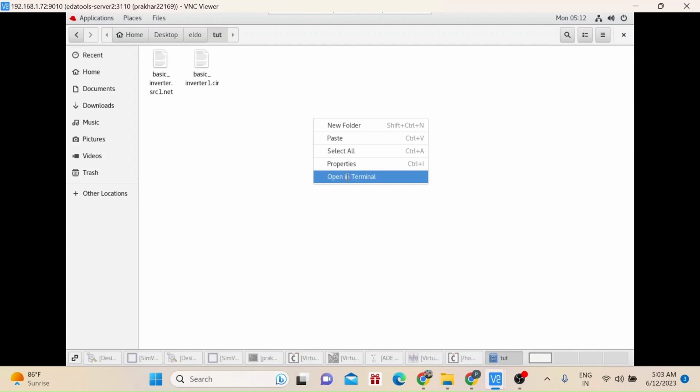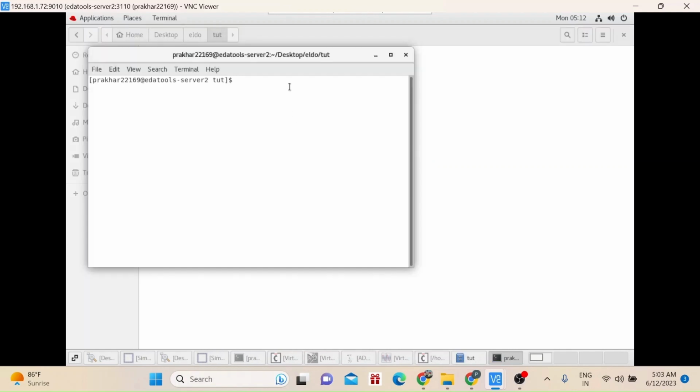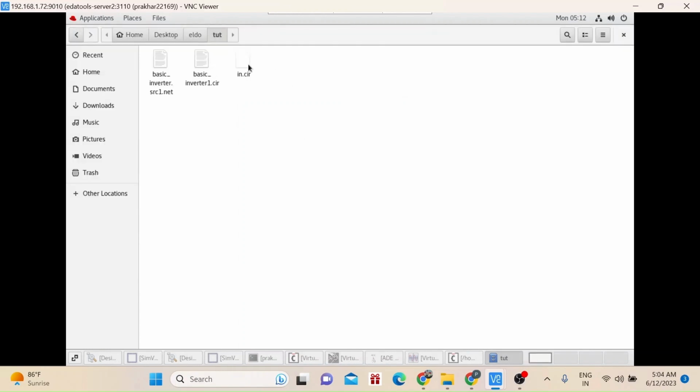Just open terminal, write touch and a file name like in.cir, enter. When you close this terminal, you can see a file is generated. So generate this file that way, then delete, and then write whatever I say in that. Just delete this. Okay.